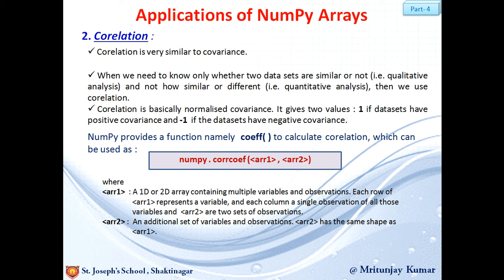Correlation is 1 when the data sets have positive covariance, and correlation is minus 1 if the data sets have negative covariance. NumPy provides a function